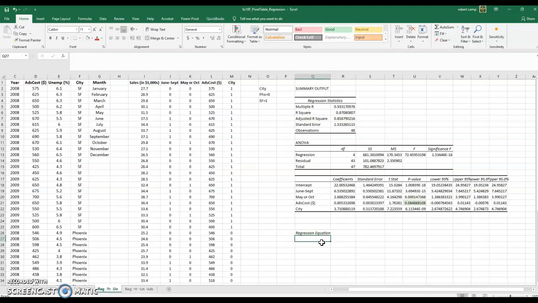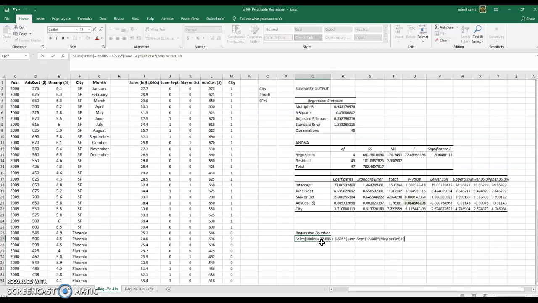And so our regression equation is going to be sales in thousands of dollars, so in 100Ks, is going to be equal to 22.005 is our intercept, plus 6.535 times June through September, plus 2.688 times May or October,